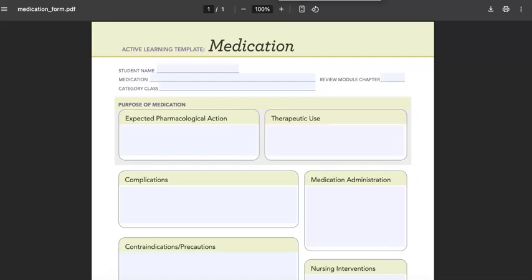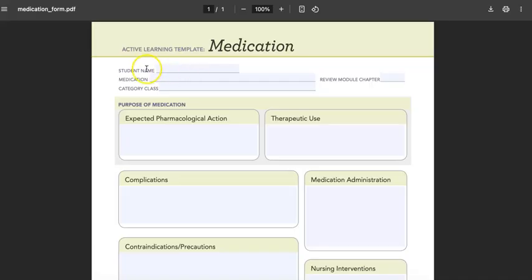This is our medication template that we're going to be using this semester, and there are various assignments throughout the semester that do count toward that 15% of your grade. But I'm going to be asking you, the first day of our class, to turn some medication